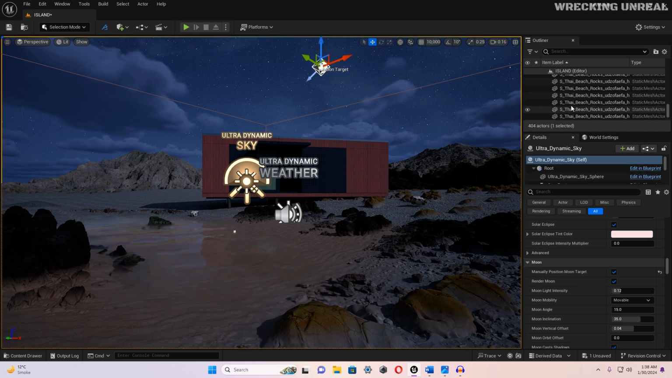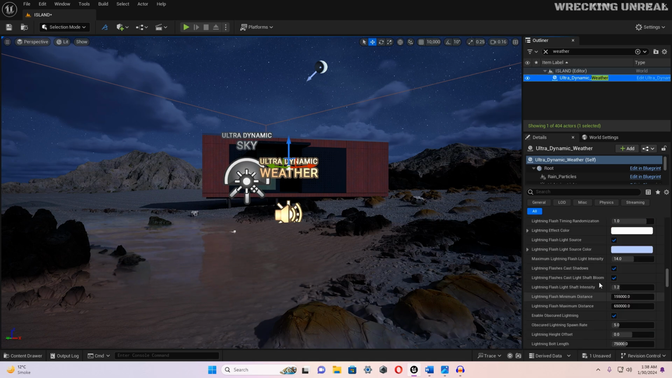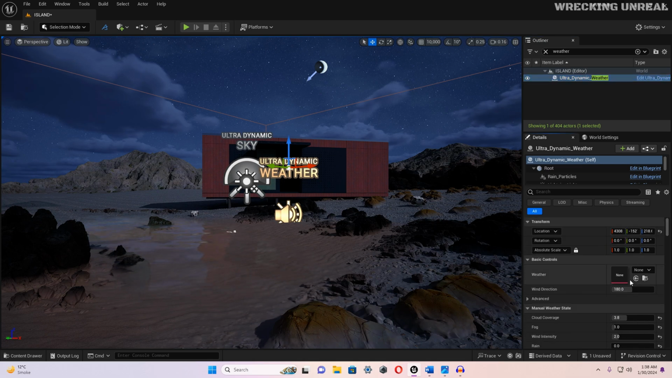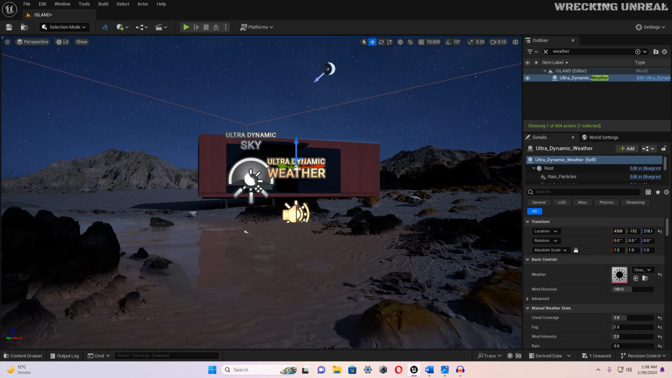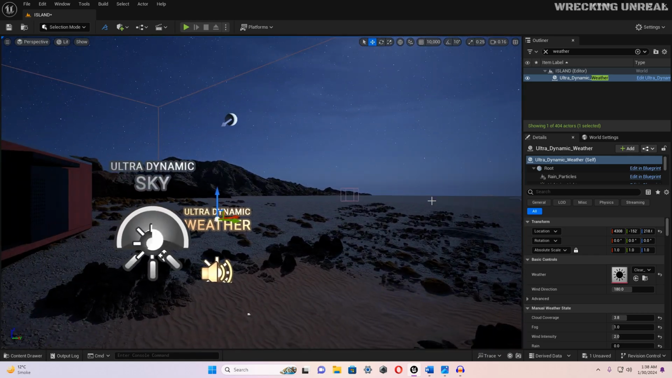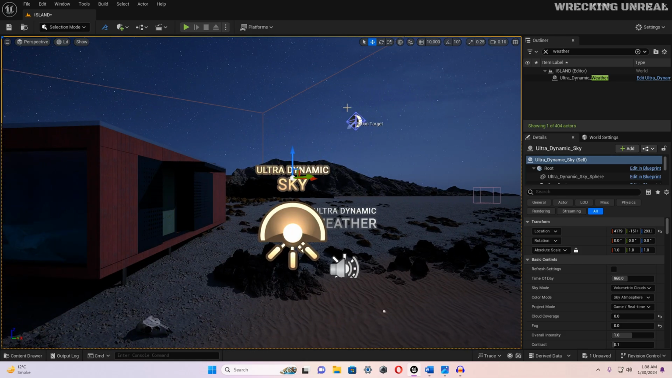Then you need to go to the ultra dynamic weather. Just type weather, and these are the ultra dynamic weather settings we have. We have some pre-made presets for the weather. You can use this one. For me, clear skies, and for clear sky you just need to move your moon down if you want a sunny day like this,